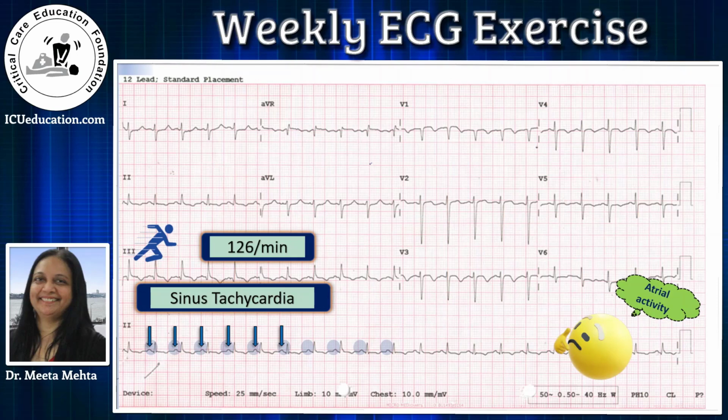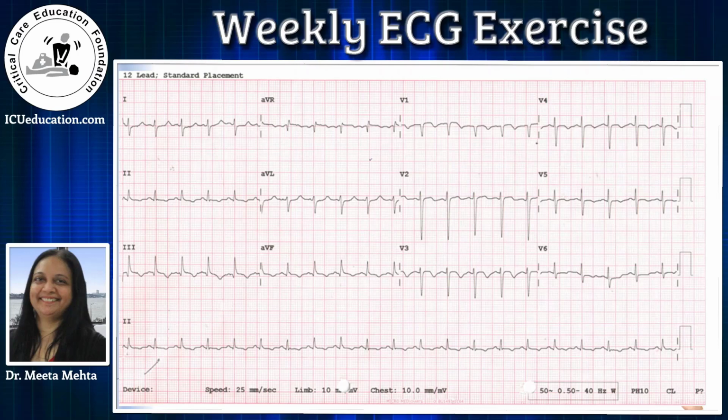So now we have got sinus tachycardia with generalized T-wave inversions. I'm sure some of you will definitely say that there is ST elevation MI in the inferior leads. So in 2, 3 and aVF, there is a subtle ST elevation of 1 to 1.5 millimeters. But remember, whenever you say ST elevation, always compare your ST segment with the TP segment rather than the PR segment. And if you do that here, there is actually no ST elevation.